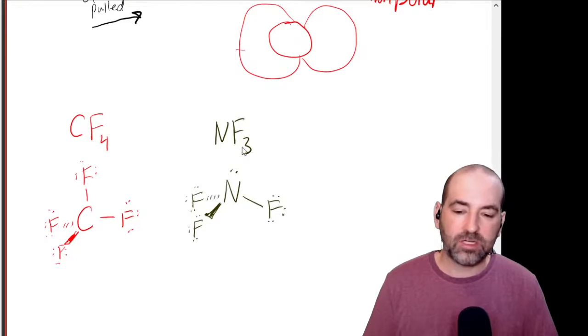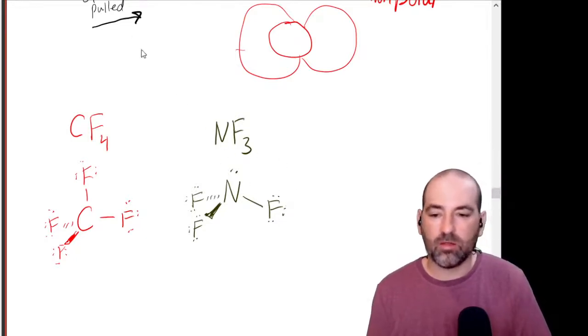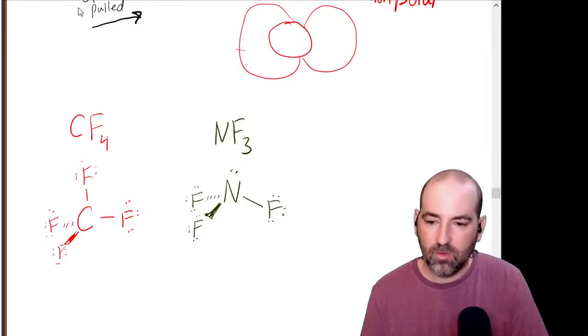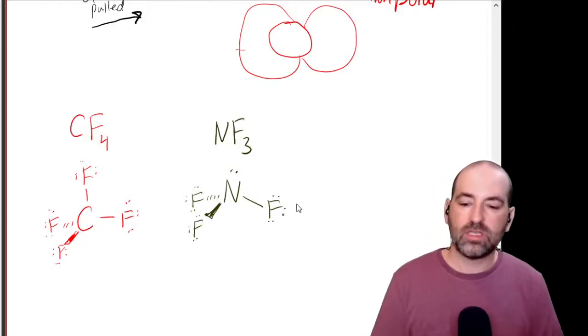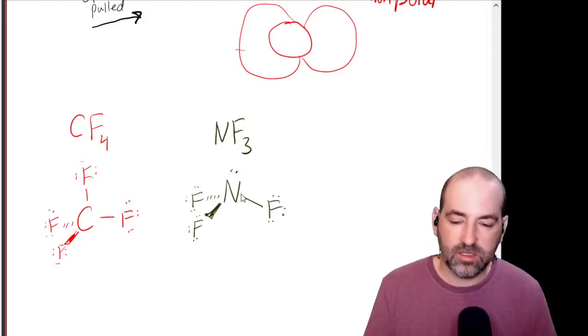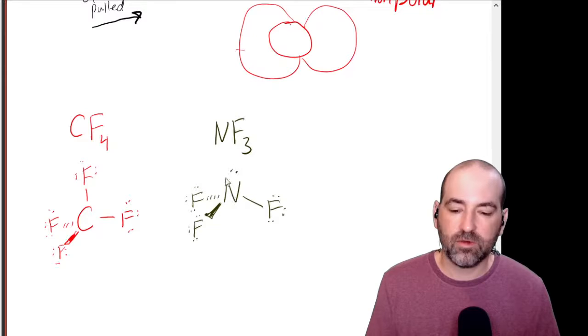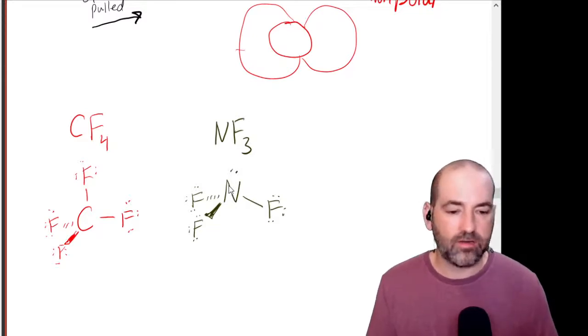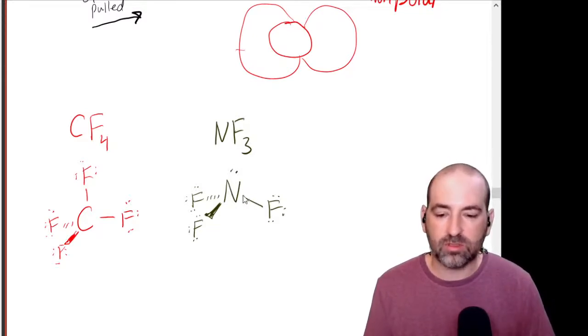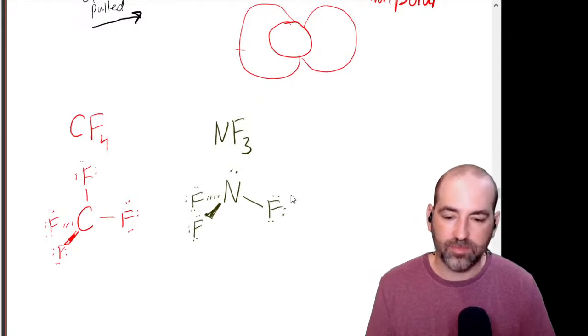And now we actually do have an overall polar molecule. What we can see is there's a difference in electronegativity between nitrogen and fluorine. Fluorine's the most electronegative element, so the electrons are pulled toward the fluorines in each case. So we have some negative, positive,